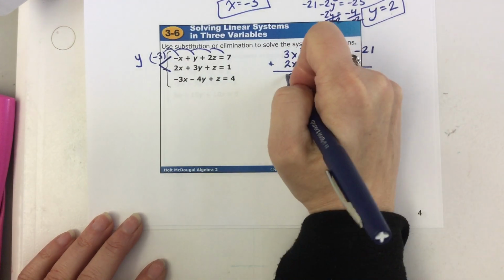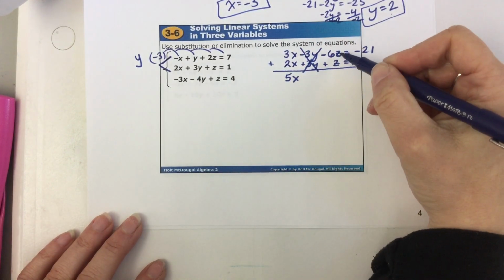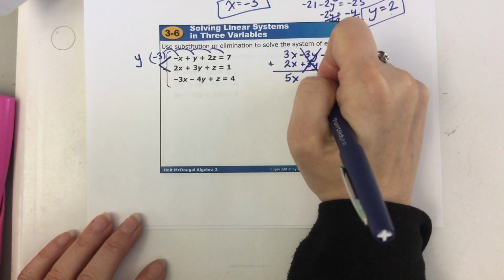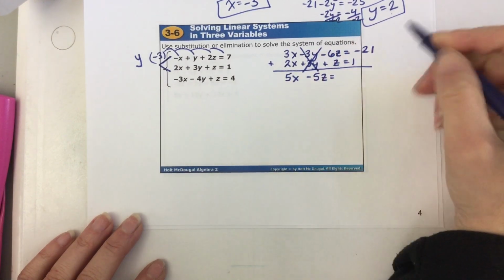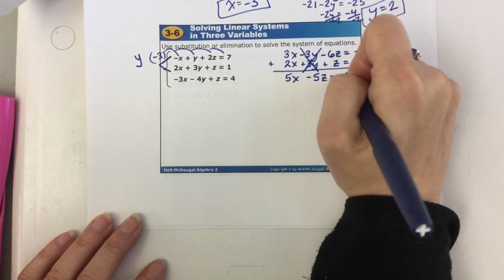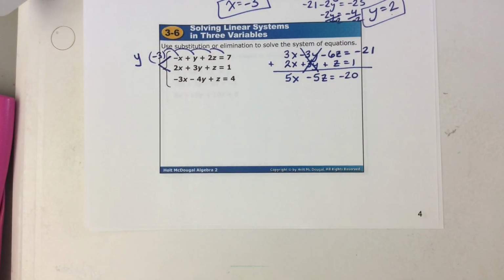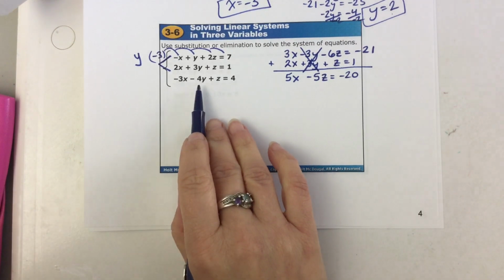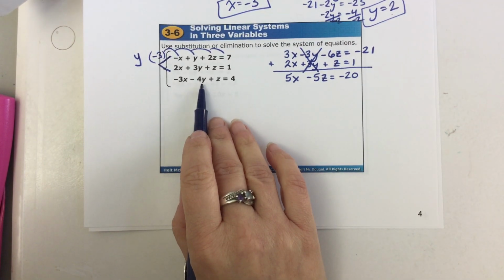Add them together, a variable should cancel. 3x plus 2x makes 5x. Negative 6z plus 1z is negative 5z. Negative 21 plus 1 is negative 20. So that's step 1. Step 2, I have to use the bottom, and then I could use the bottom with